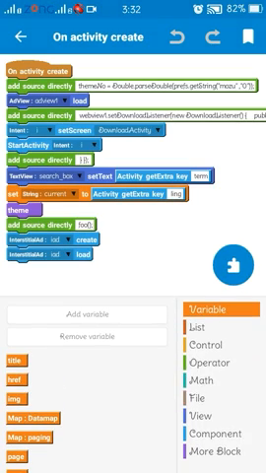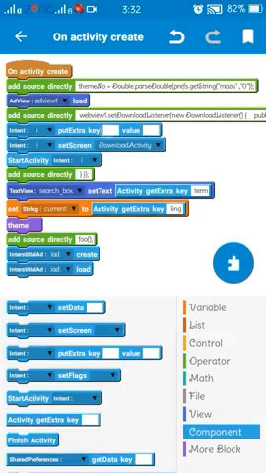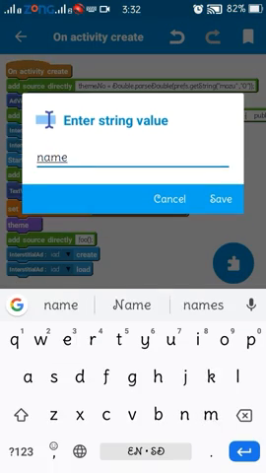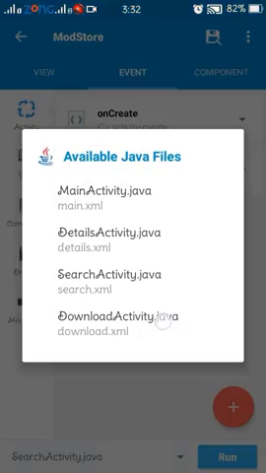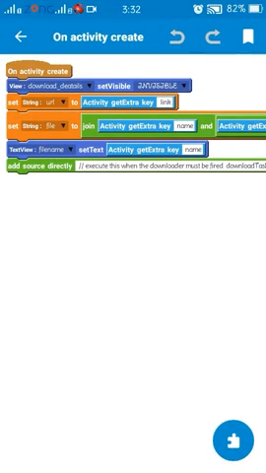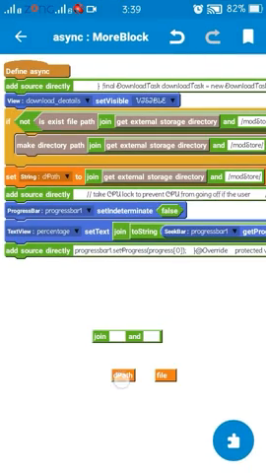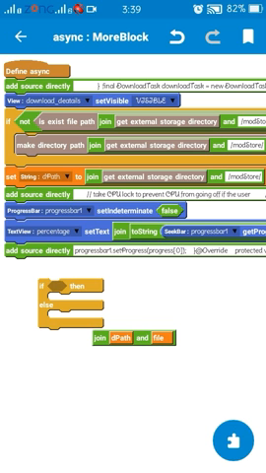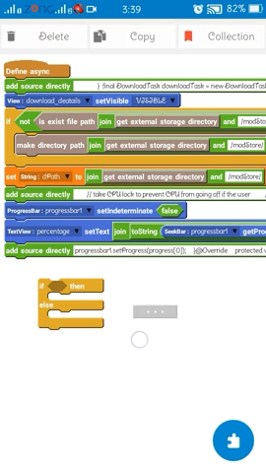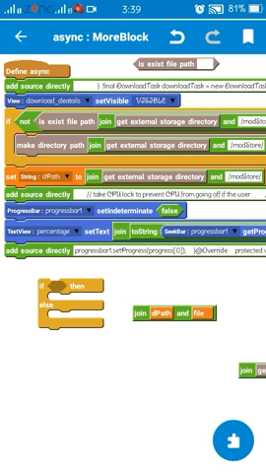We are placing one key from direct code and we will place another key from a block. If we do not place two keys, our app will crash. Now we will check if the file name already exists. Then we will show a dialog to the user that will ask the user to re-download or cancel.